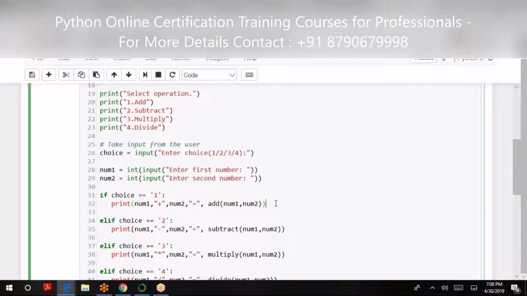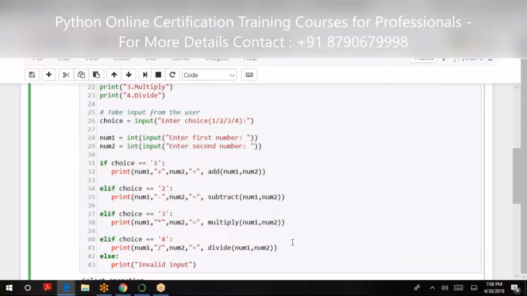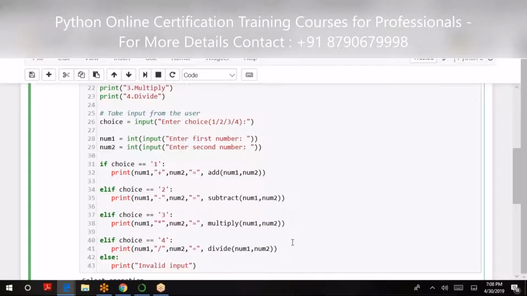Likewise, maybe for subtraction, multiplication, and division. And out of all these four alternatives, I also want to display if there is something apart from 1, 2, 3, 4 being given, give it as an invalid input.